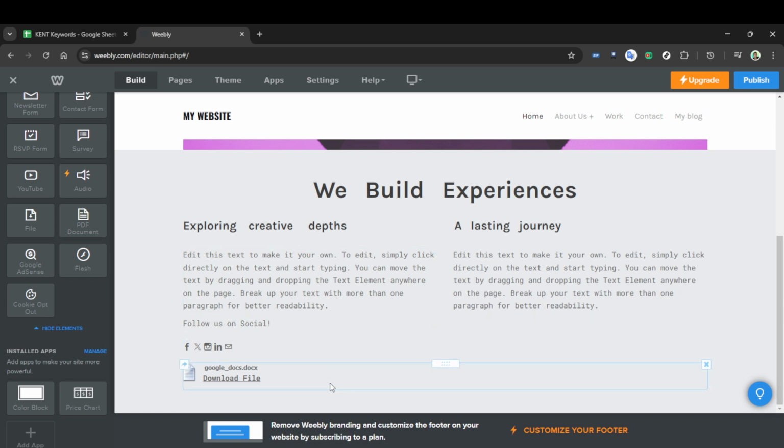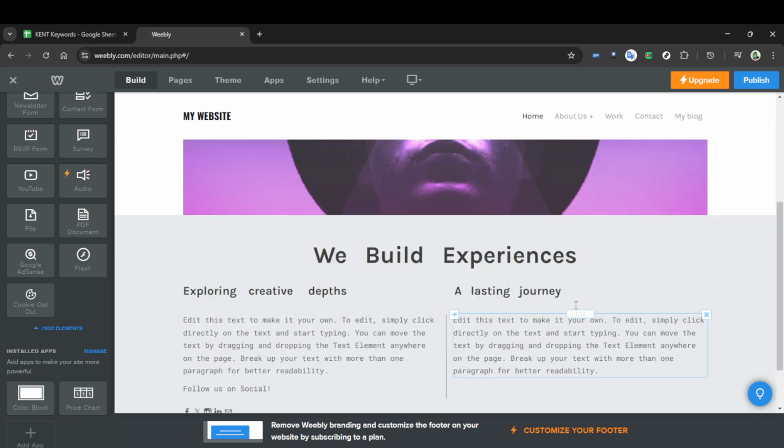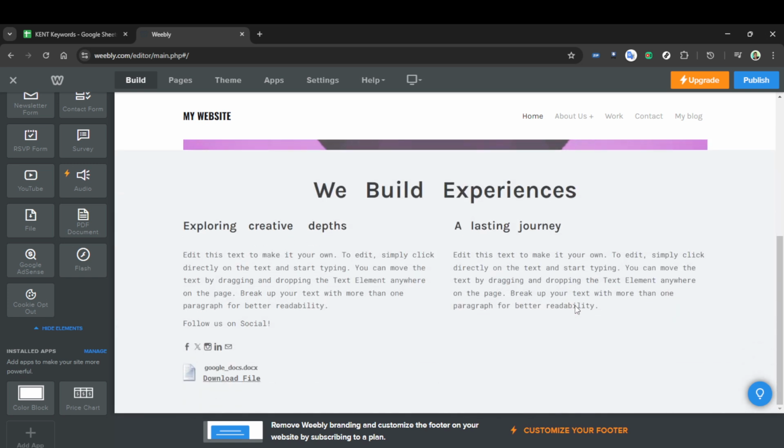Once you have selected your file, Weebly will upload it, and there you have it, your file is now linked to your Weebly site. You've successfully added a new dimension of functionality to your website, making it an even more informative and resourceful platform for your visitors. And there you have it, a simple, straightforward way to upload files to your Weebly website, enhancing its capability and